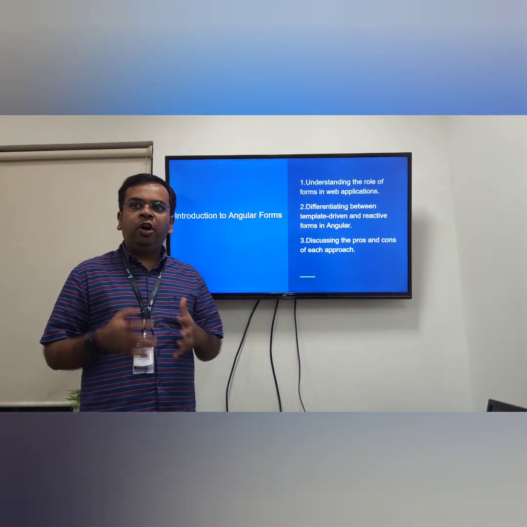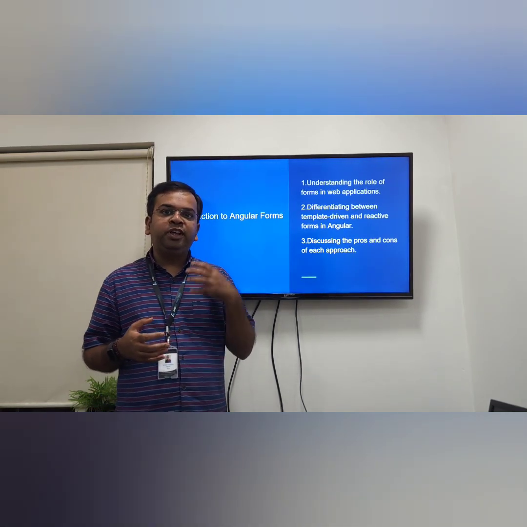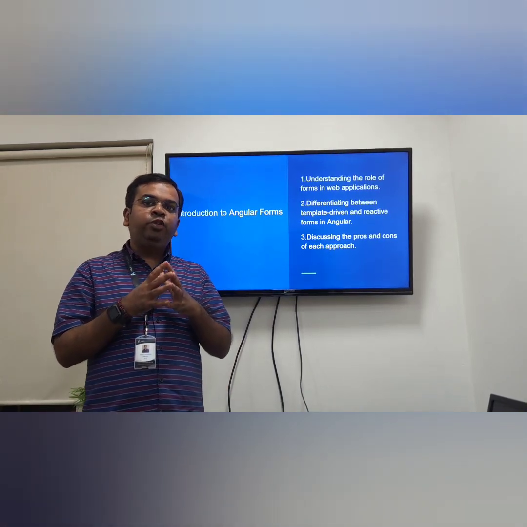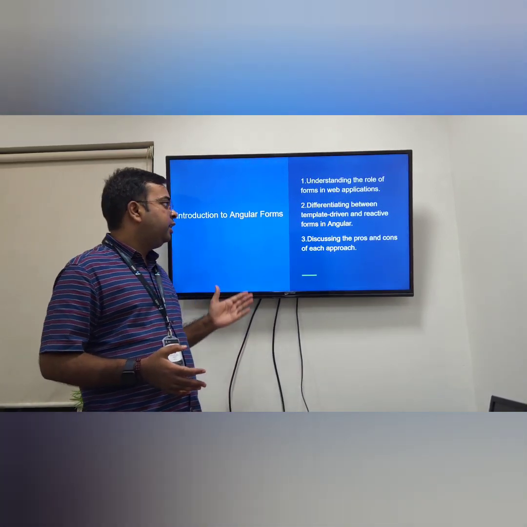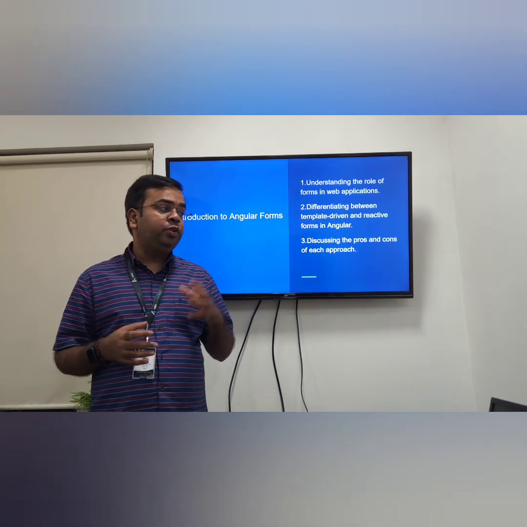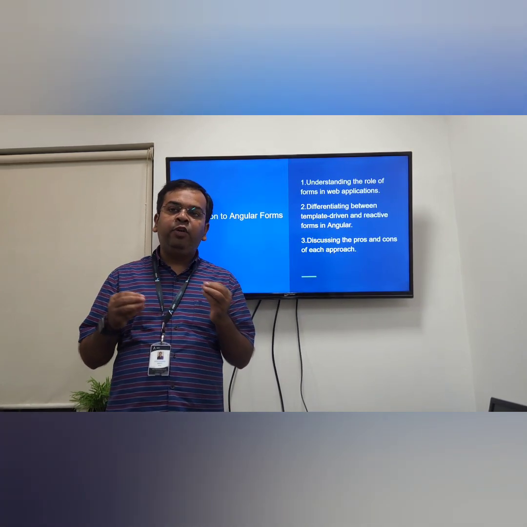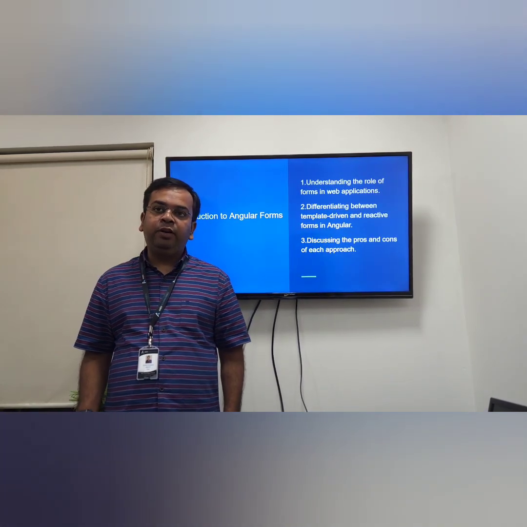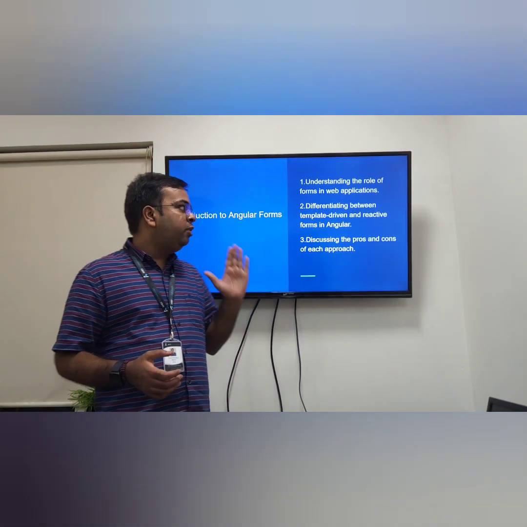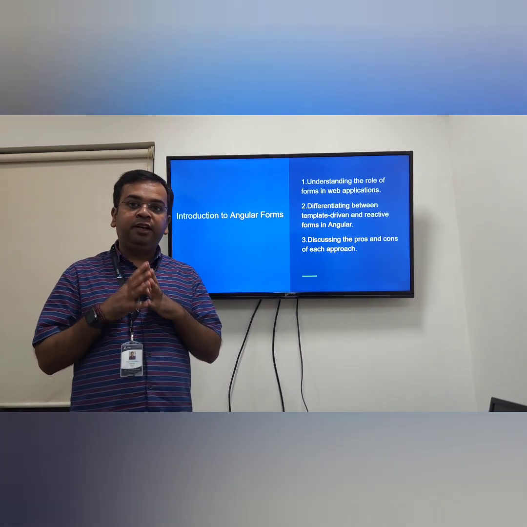Basically, we already know what a form is. A form is a structured method by which a user can input their data, and in return it gives you structured data. In a web application, Angular provides you a UI in which you can enter your own data in a structured manner. For each value there is a separate space, and at the end it will provide you the structured data. So the purpose of the form is to provide structured data.